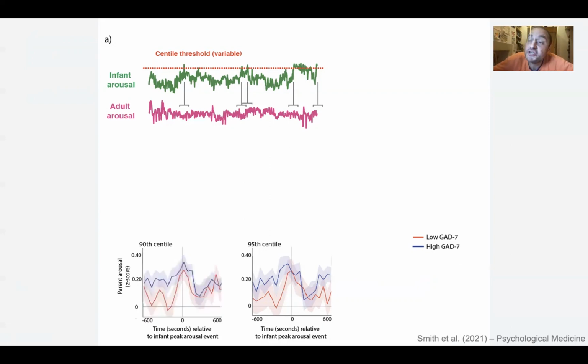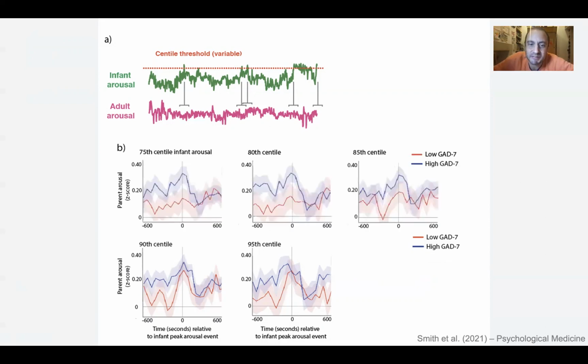But when you reduce this threshold and repeat this analysis, you get a really interesting picture, when you get to these lower centile threshold arousal levels. These are times when the baby crosses its top 25% most high arousal levels during the day. When you lower the threshold to that level, you're not getting a spike in the low anxiety mums anymore. So the low anxiety mums are selectively responding only when their baby really has a peak arousal crisis moment. But the high anxiety mums are responding even to the lower, less crisis moments from the baby.